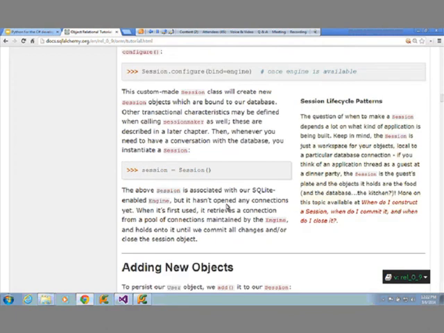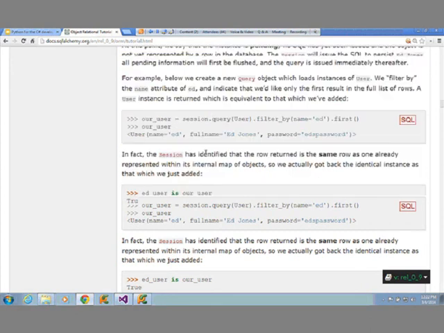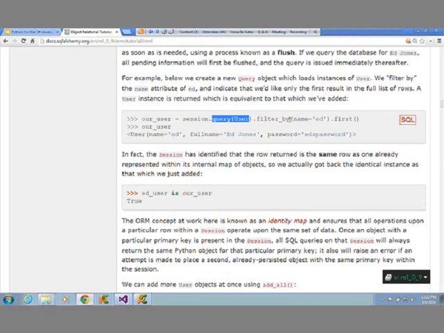So let me flip through. So here we've created our user Ed, and this is like your data context in Entity Framework. And instead of calling add object or whatever, you just call add, and it knows which table that goes into, and so on. And then you can do queries on it. So I can say query of user, filter by name Ed, give me the first one, or loop over them, and so on. And it gets it back. So this is going to the database and getting it.